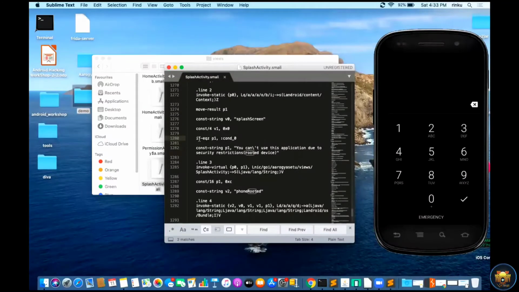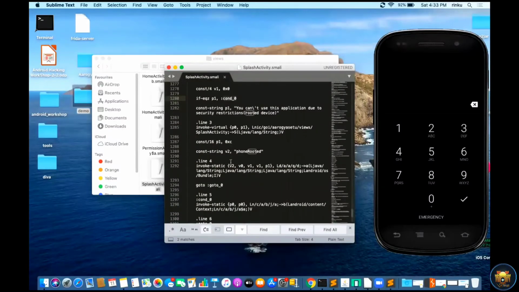There is an if-eqz p1, :cond_0. Here if p1 is 0, then move to cond_0. So we can see where cond_0 exists. Yeah, cond_0 is here, starting from line 1297.